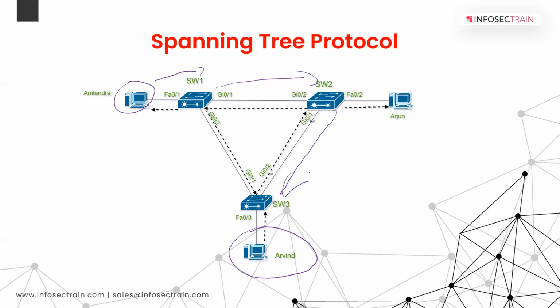This is one path. The second path can be switch 1 sending data directly to switch 3, and it will be received by Mr. Arvind. So this is a redundant link where you have more than two paths to reach one